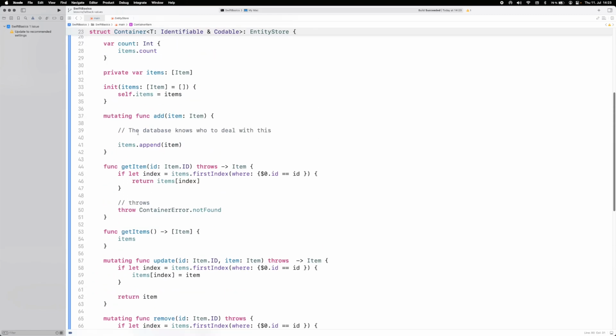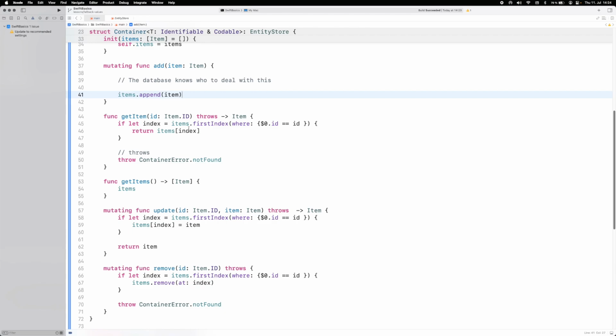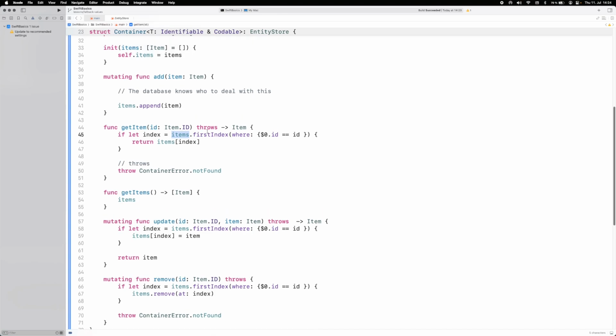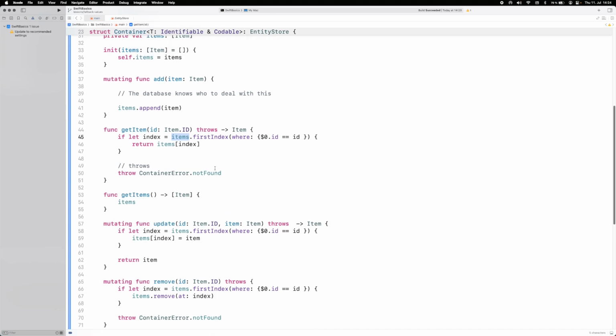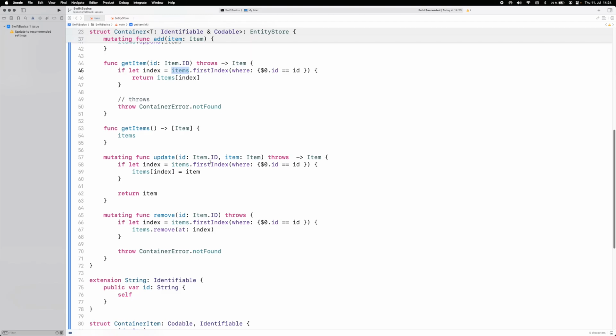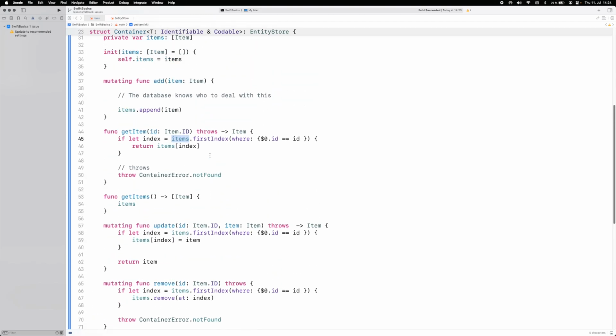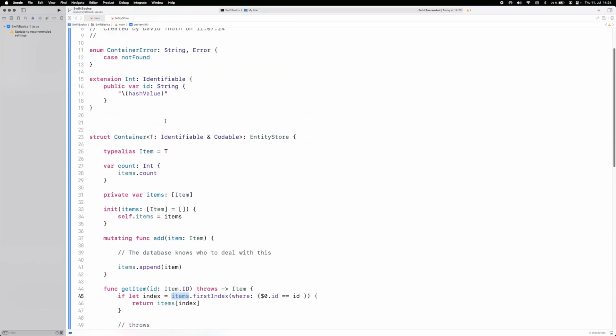So when it comes down to adding items, you now know that item can be converted to JSON, or it can be decoded, encoded in whichever way you want. So when you say get items, you could go to the file system that could be JSON, and then you could convert it to a type and then return it as well. But there's a whole bunch more things and reasons why generics, especially associated types, really assist you in working